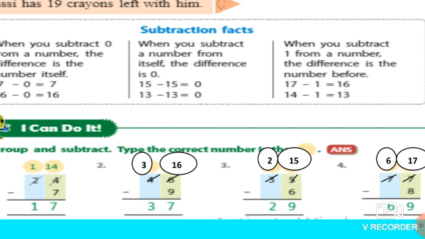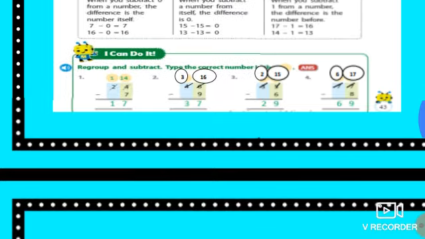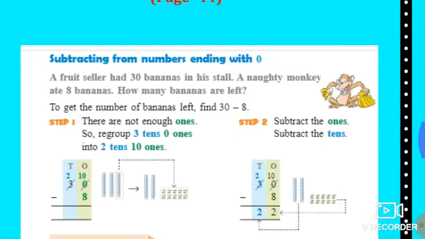And in the tens place 3 is left up. So 3 will come as it is, because nothing is there under it, we don't have to subtract anything. So the answer is 37. Yes students, 37 is our difference. Rest 2 parts you will do yourself. Come to the next page, students. That is page number 44.